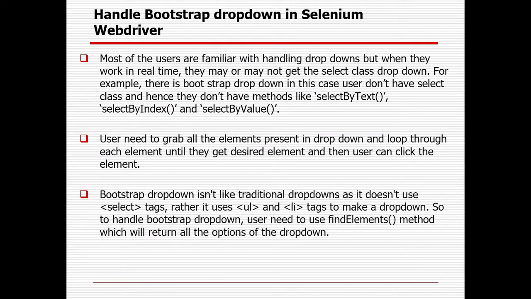And another one is how to handle bootstrap drop down in case select tag is not there, and the element is only visible with li and ul. So you have to create your own customized XPath. First you have to click on that options. Once you click on the drop down, the list of other sub elements will be visible, and you have to iterate with for loop, and give if condition, then based on the condition you can select or unselect the default or other options.